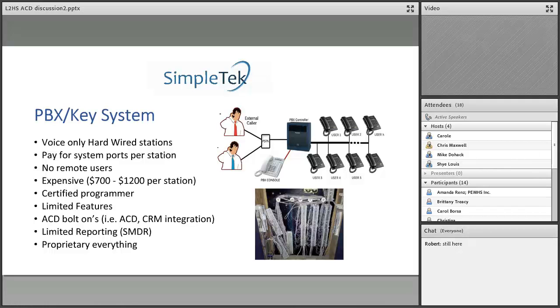You paid for the per port. Remote users weren't available at all. Then they were able to network 2 different systems together. It was very expensive. We would typically, when somebody said how much would it cost for a new system, tell them it would be about $1,000 per station. We've had it down as low as $500 per station and as high as $1,200 per station, depending on what they actually want. And these are budgetary numbers, so you could see the more stations you have, the more expensive it would get.